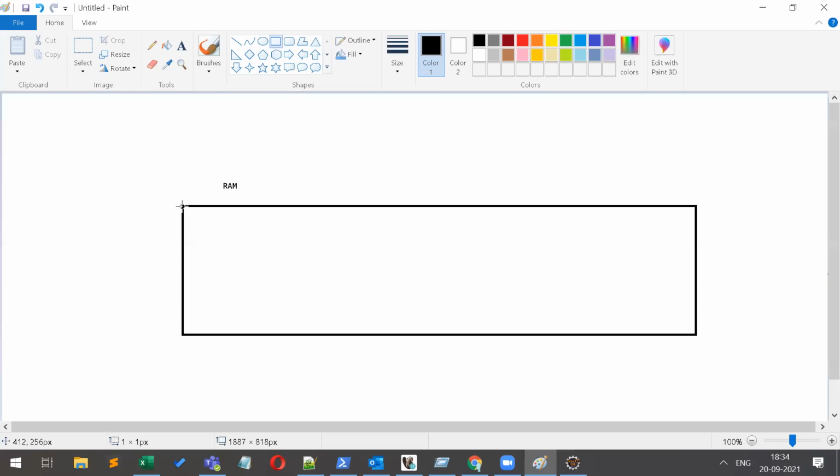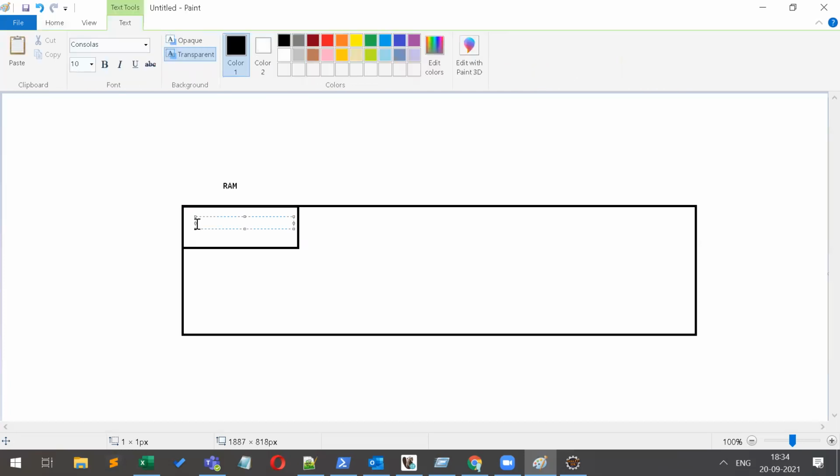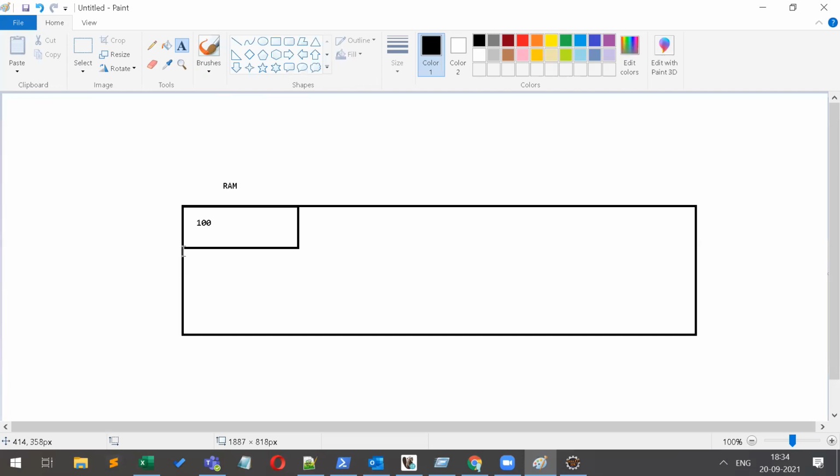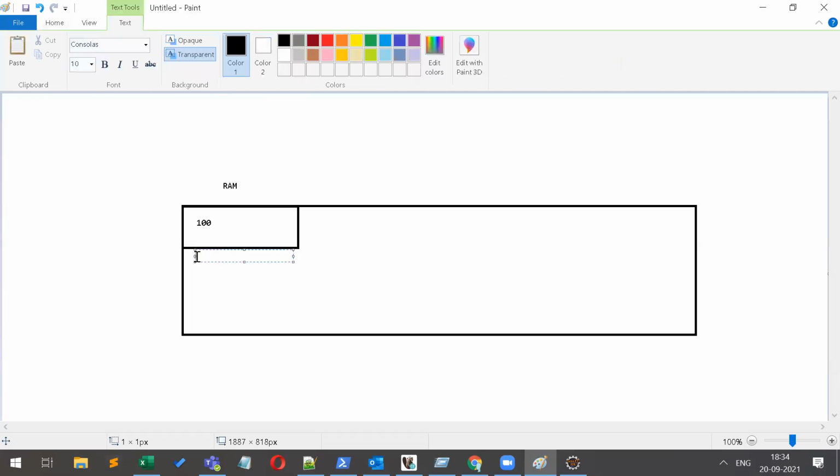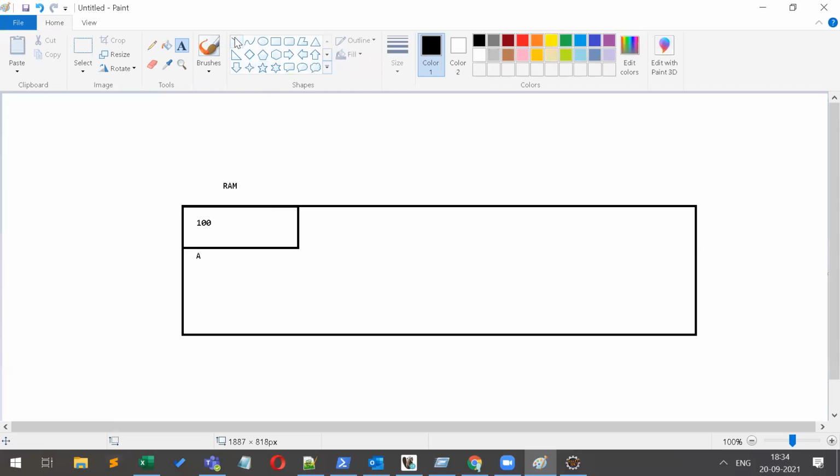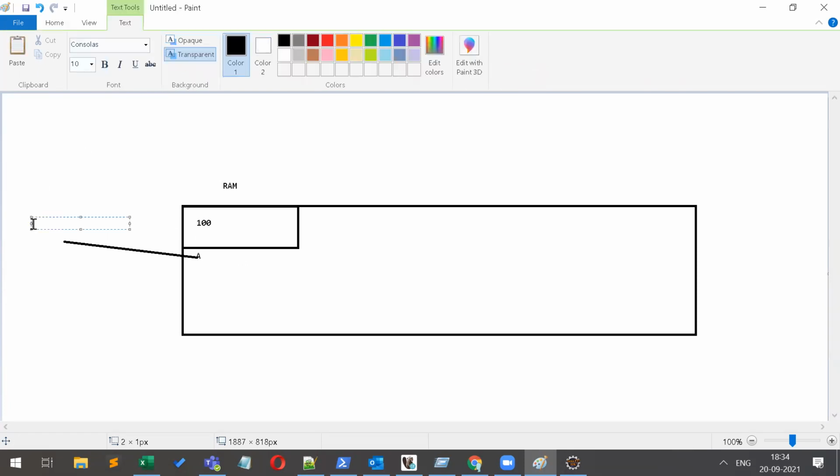Suppose you have stored this value into the RAM. But how can we access this particular physical address of the RAM? We give it a particular name. Let's say we give it the name A. This name, where we store the data, is called a variable, the name of the memory location.